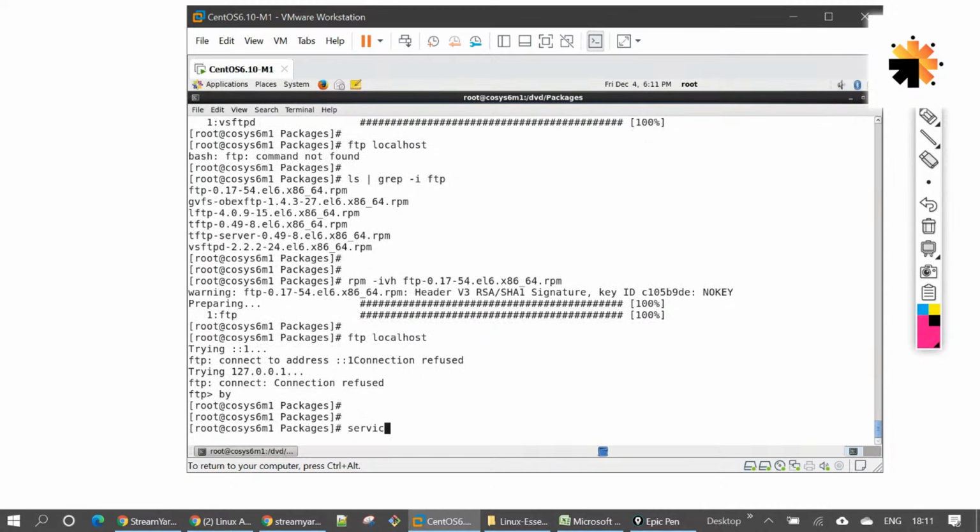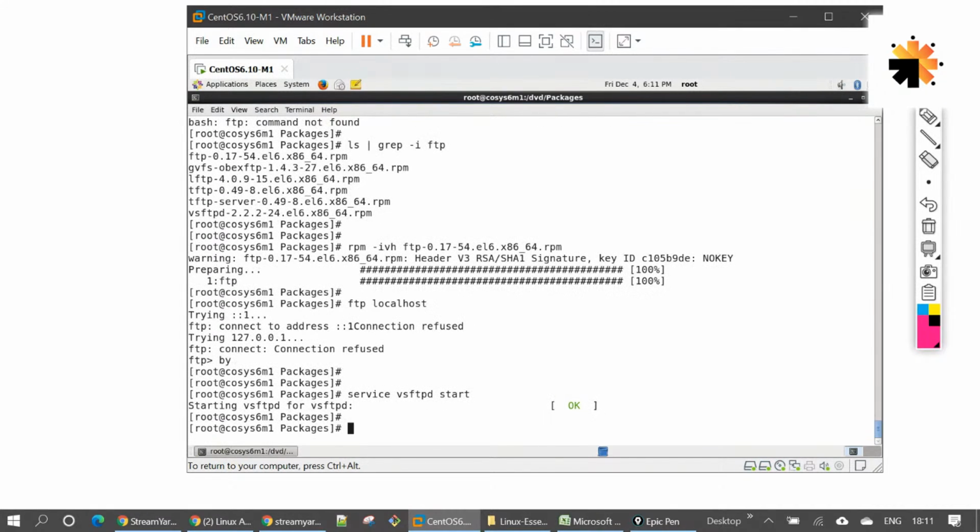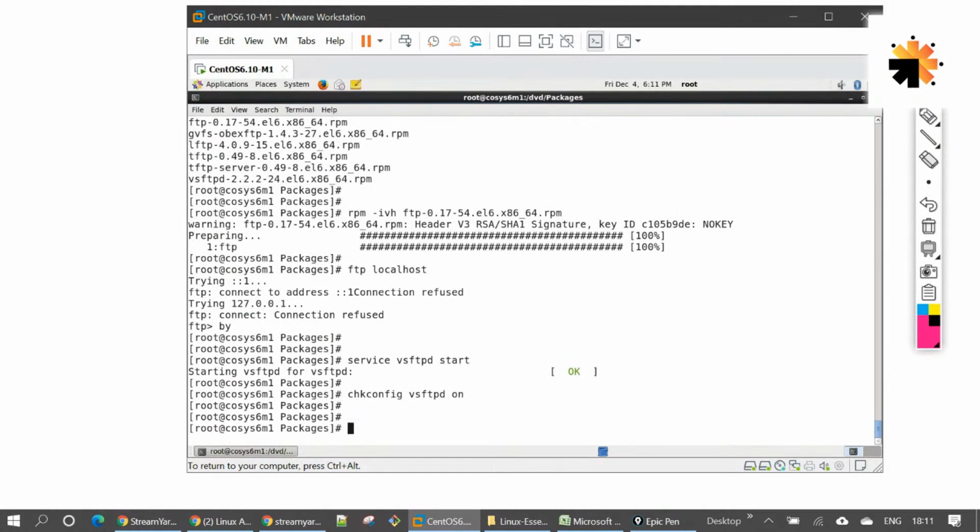So we'll just say bye, and we'll start the service first of all. So service vsftpd start. So chkconfig vsftpd on. So these two commands are going to switch on the FTP server and make it persistent upon restart. So if I do ftp localhost now,